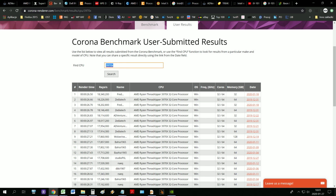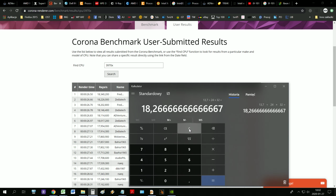So if we now take this, because this is 17954 and this was my first score, and it was a record at the time, the scaling is about 98 to 97%. Let's say it will not achieve 4.4 because it is locked to 4.3. Okay, let us give this CPU 95% of the scale. Now think about it. If you take this thing and multiply this by 2 and multiply it again by 0.95, you will get about